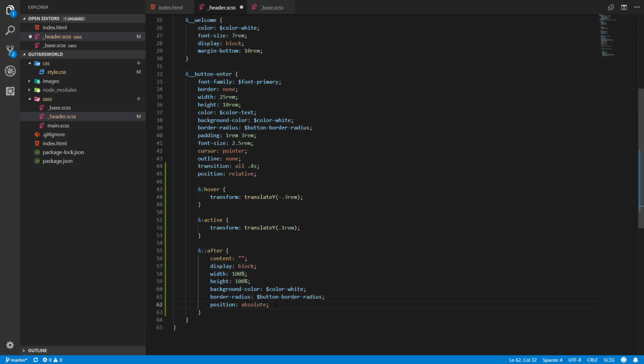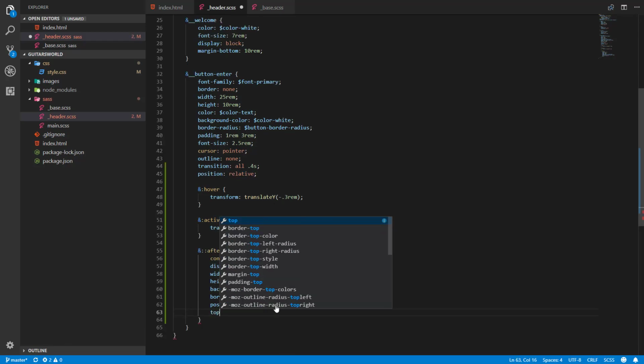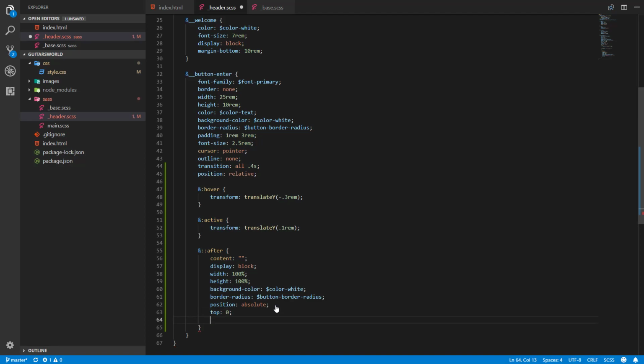And when we've got that, we can specify here the top set to 0 and also the left set to 0 to have this element in the top left corner. We can also specify the z-index set to -1 because we don't want to see this pseudo element, we want to see the normal button. And as you can see, when we save that,